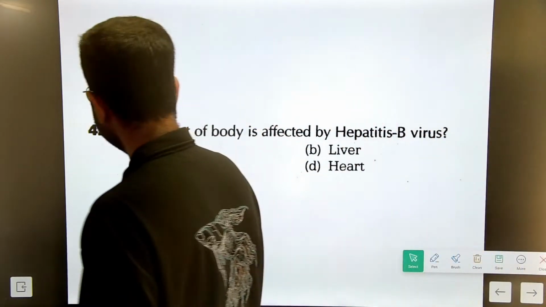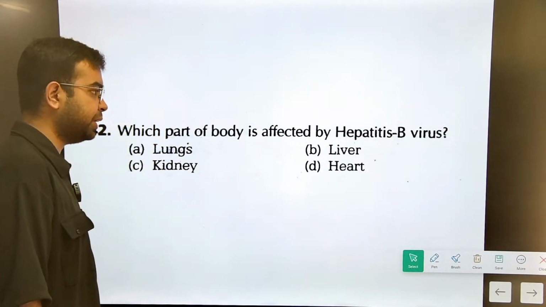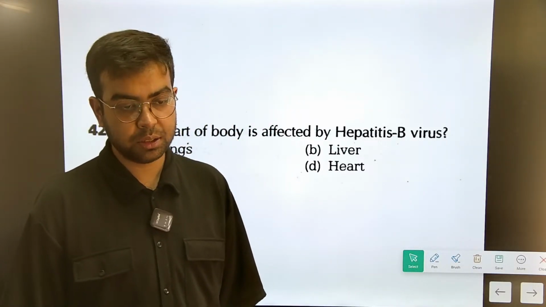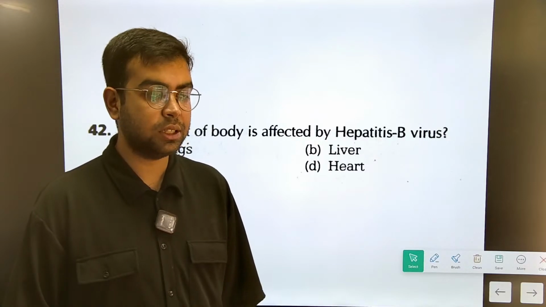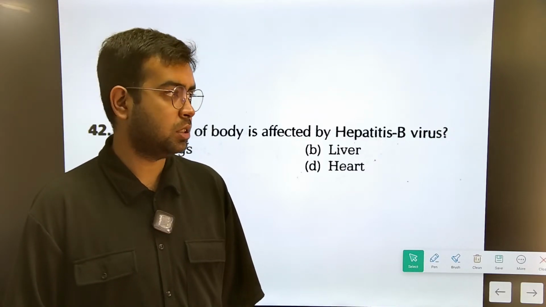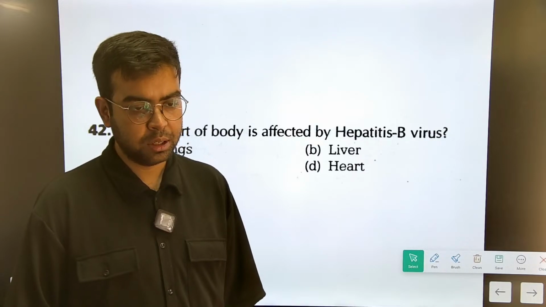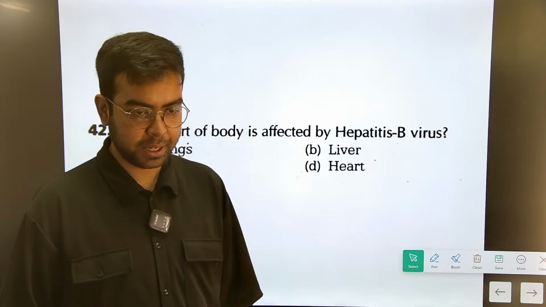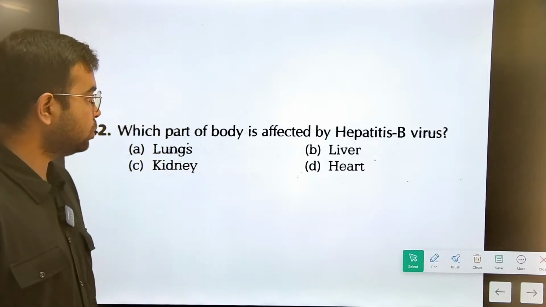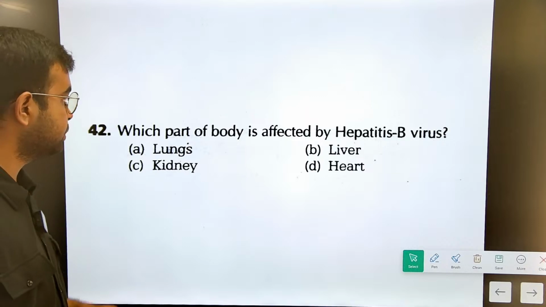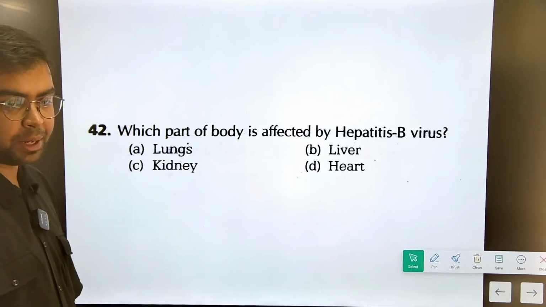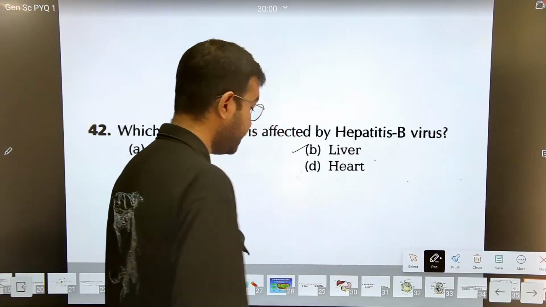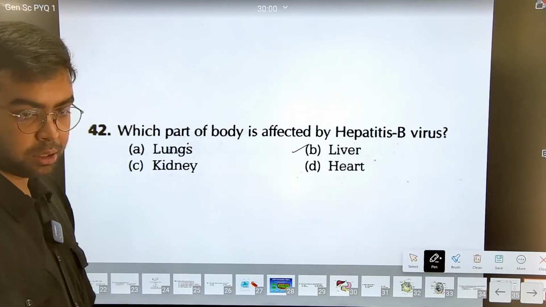Okay, now the next question is, which part of the body is affected by the hepatitis B virus? See, we all know that hepatitis B causes jaundice. ठीक है, और jaundice क्या है? Jaundice is a condition of the liver जहाँ substances like bilirubin, biliverdin, they go sky high, बहुत अमाउंट बढ़ जाता है उनका, ठीक है। तो कॉमन सेंस से what is the part of the body which is affected by the hepatitis B virus? Hepatitis B affects the liver of the body, ठीक है।